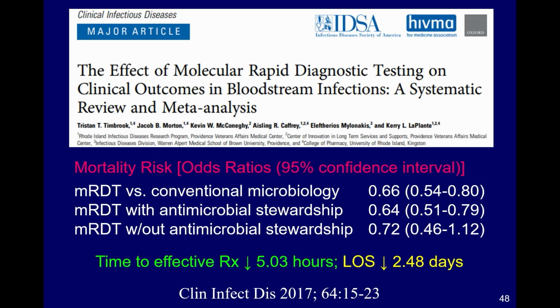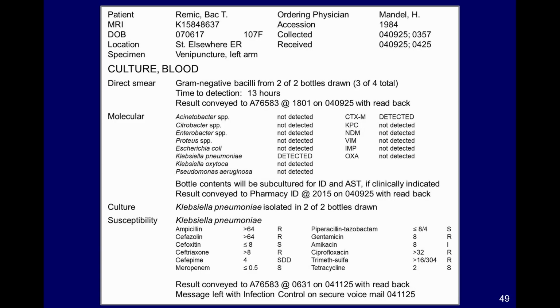So these are mortality risks. The lower the number you are away from 1, the more people's lives you're saving, right? So you always want a number less than 1, so you're reducing the mortality, right? And again, you're suggesting that with stewardship, actually you're doing better for patient mortality rates. Okay. Here's an example of what a fake report could look like,